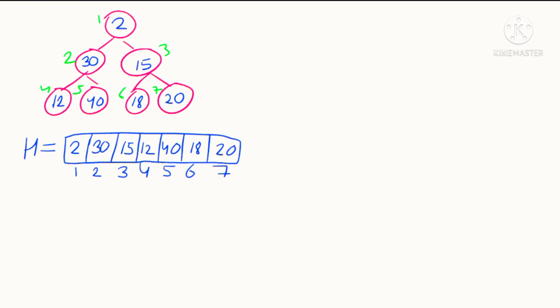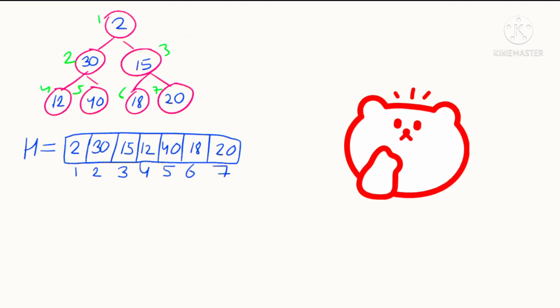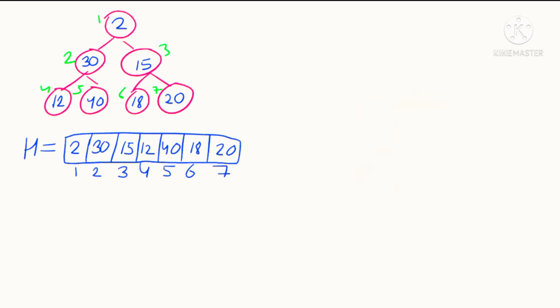So let us move towards the Heapify method. Here we will follow max heap again. The top element should be the greatest one. What is the difference between heap sort and Heapify? In heap sort, we were first inserting the element, then deleting the element to get a sorted heap. Here we will not insert, not delete, we will Heapify.